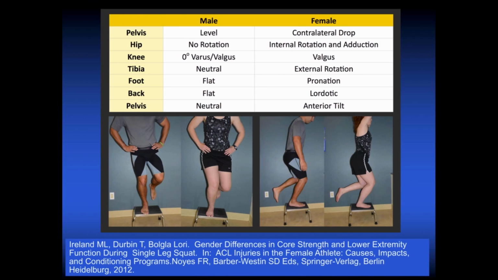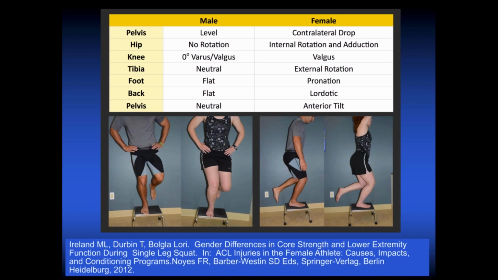So what can we look at in our athletes to see if they have good control or bad control? These are normal individuals. The male is shown on the left and the female on the right. If we look at them from the front, you can see them doing mini squat maneuvers. The male exhibits good hip over knee over ankle position, whereas the female, who's instructed just to do a single